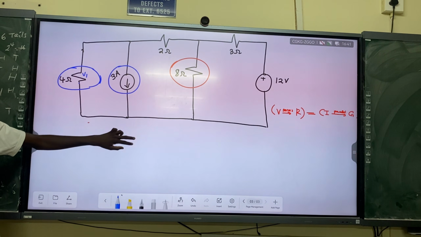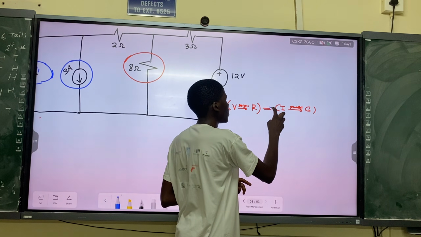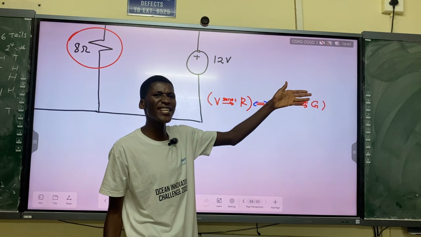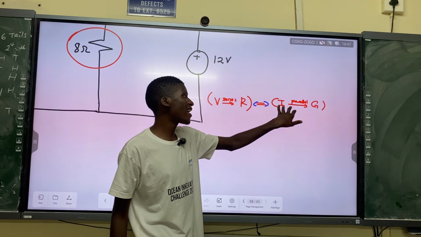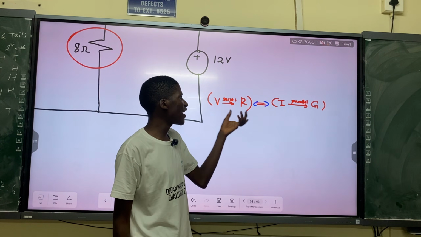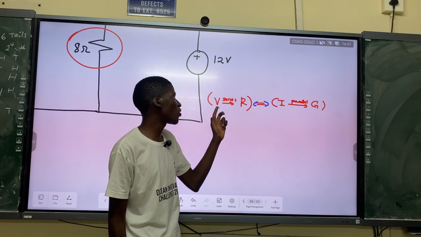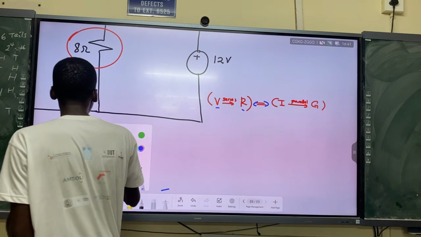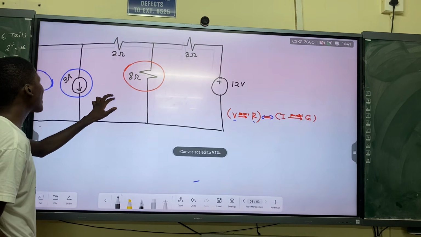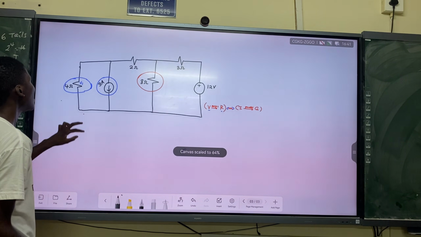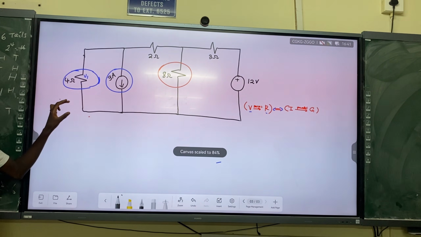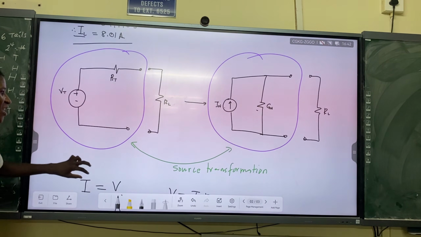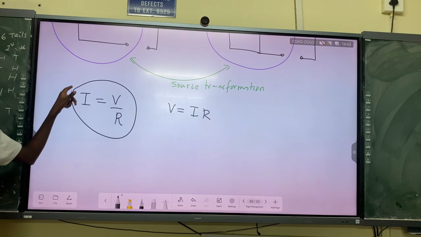It means that I can replace a current source that is parallel to a resistor, a resistor we can consider a conductance, so a current source that is parallel to a resistor can be changed into a voltage source that is in series with the same resistor. So at this point I'm allowed to combine the 3 amperes and the 4 ohms, using Ohm's law, of course, because source transformation uses Ohm's law to do the combinations.